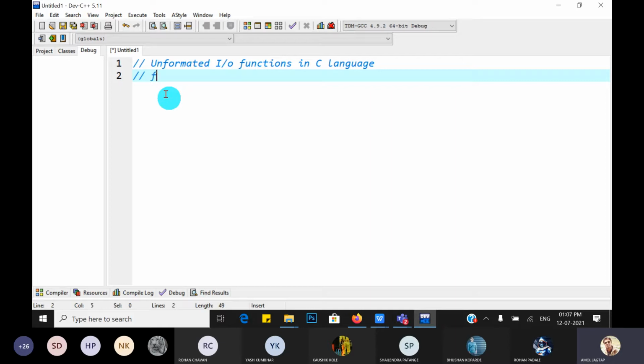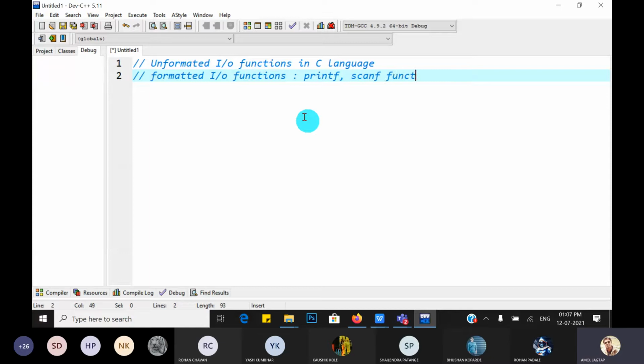One is the formatted IO functions and unformatted IO functions. So which are the formatted IO functions which we have already seen, that is printf function, then scanf